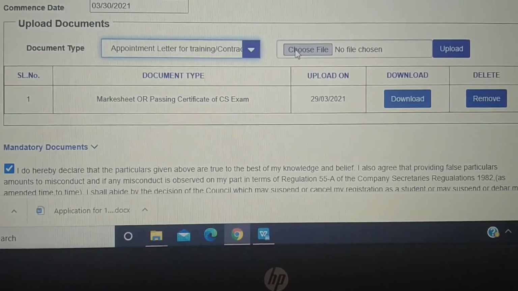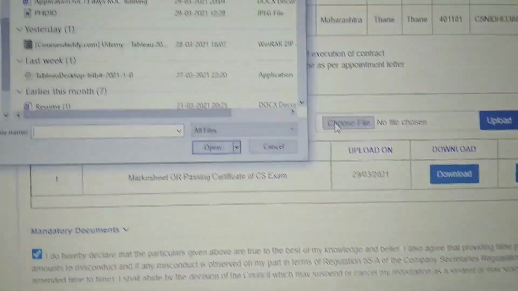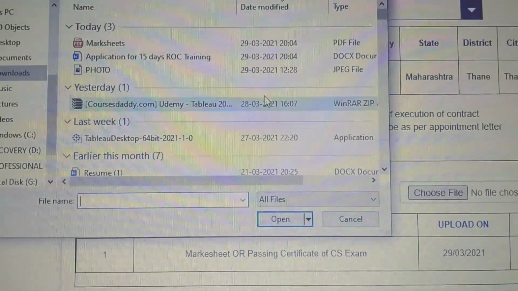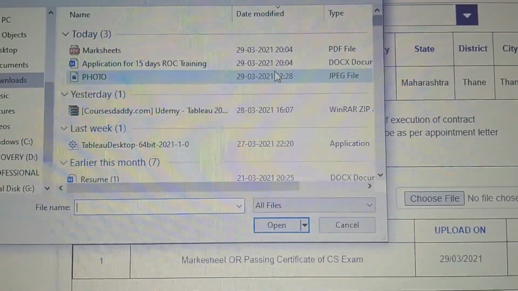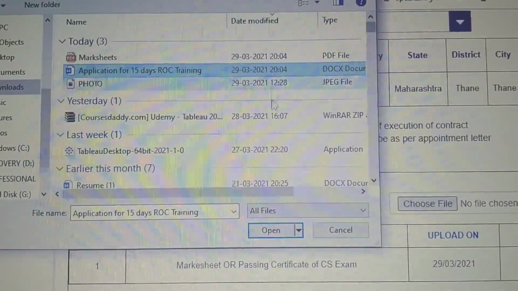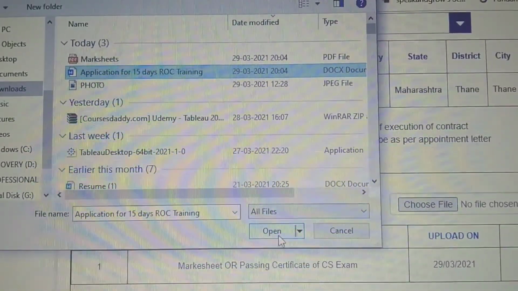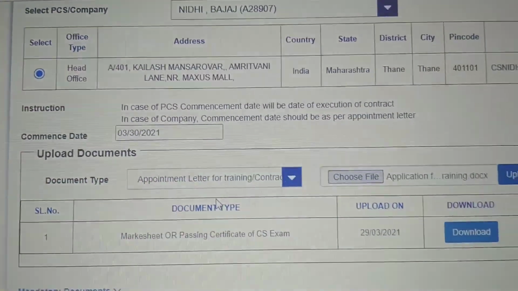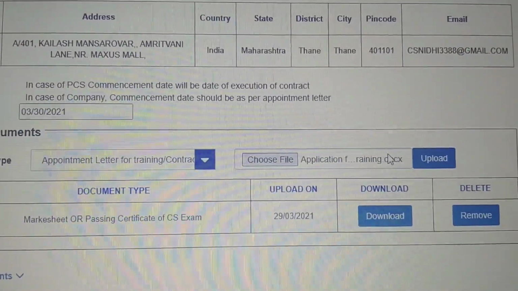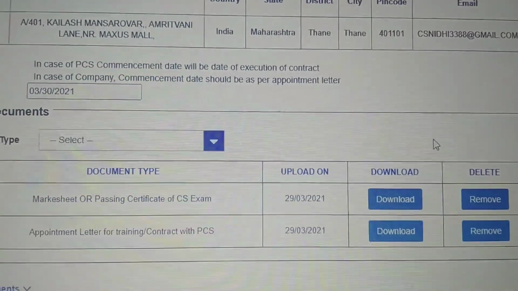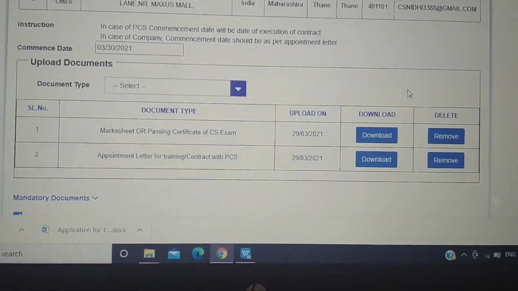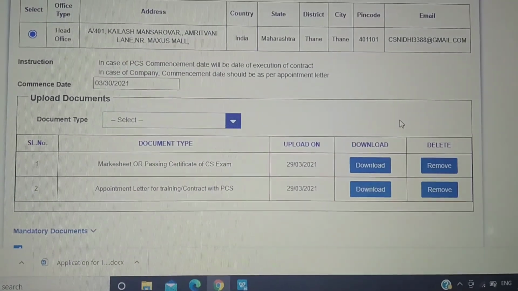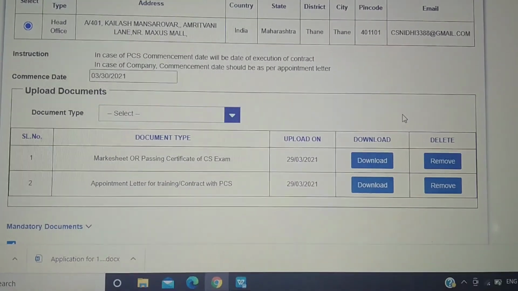Now the second document I have to upload is the appointment letter. I click on that, choose the file, and then apply for my application for 15 days ROC training, which, as I said, we have to prepare with the PCS or under ROC or under whichever firm you are joining, and upload the document.